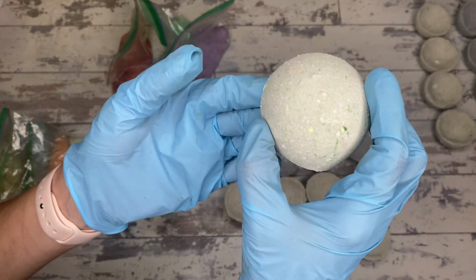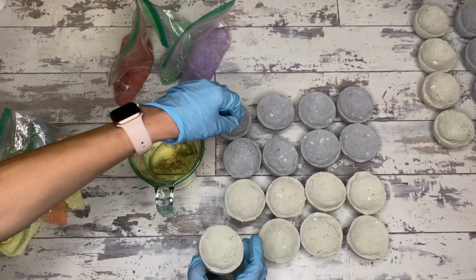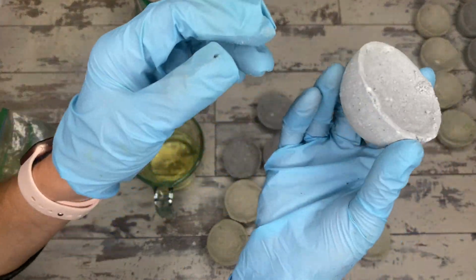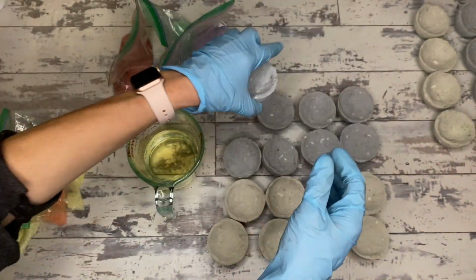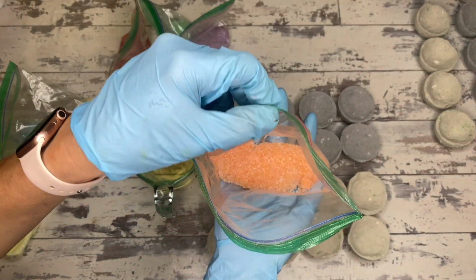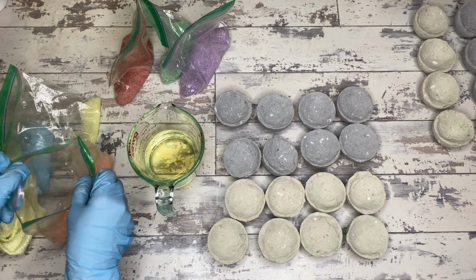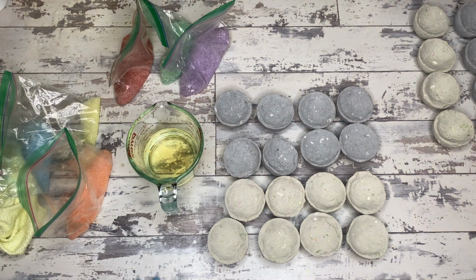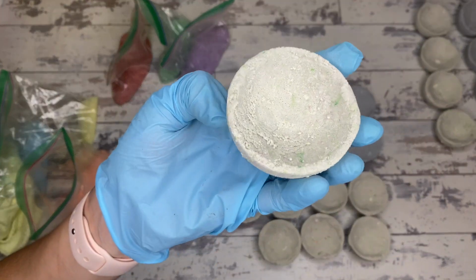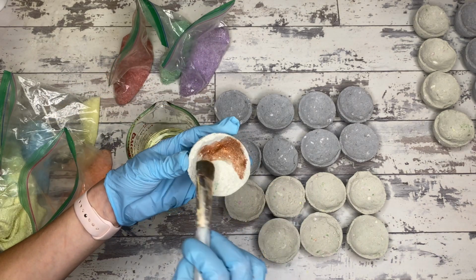Okay, so I have melted down some coconut oil, and I am going to play around with the best way to adhere some Epsom salts, which I have colored with liquid colorants and let dry, into the middle of this bath bomb. Now, I kind of want a mound, right? I don't want it to be just a little bit right in the middle, because then that's not super a